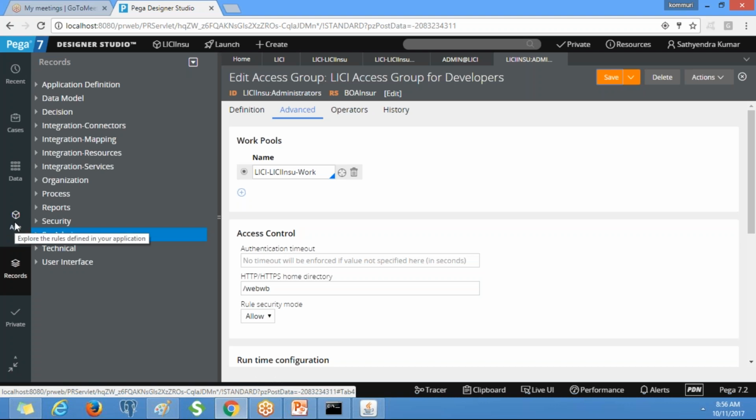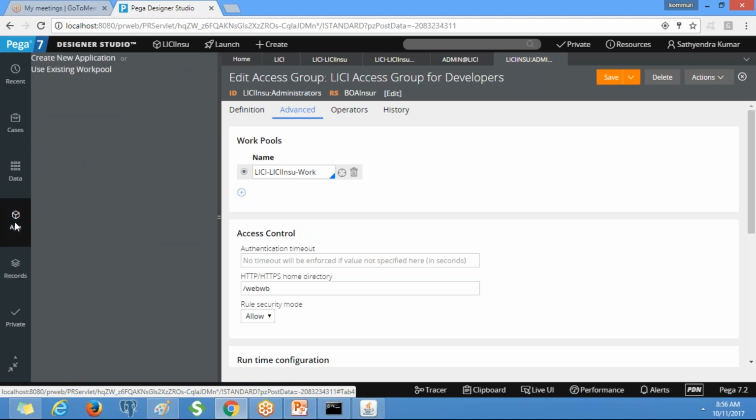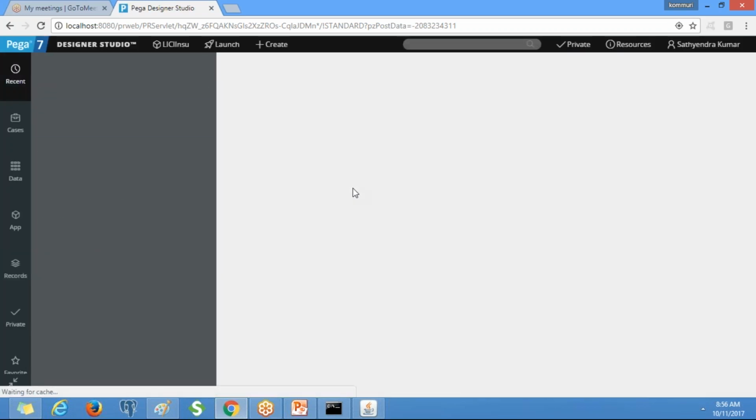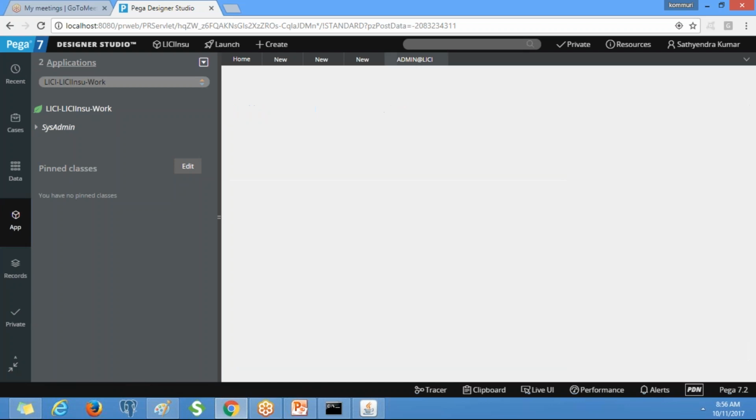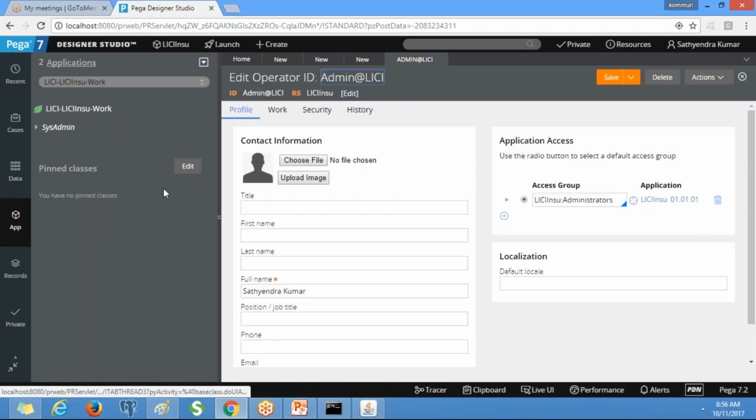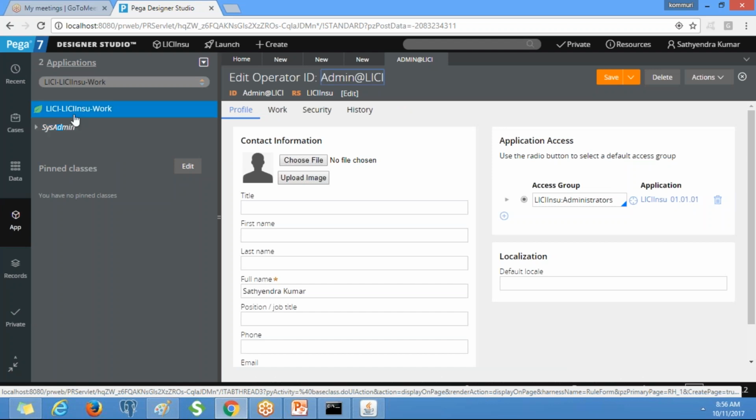Now go to the app and refresh it. See, when we create an application by using the wizard, you see BOI insurance work. Now we see LIC insurance work.